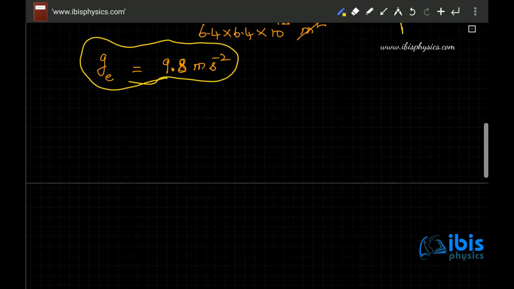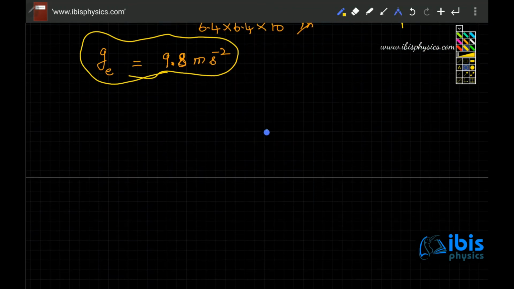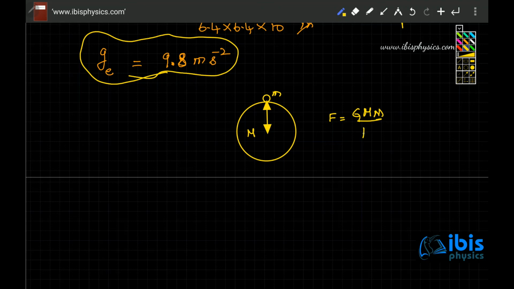So what we did, it's a very simple step. I'll just recap once. See, this is the planet and this is the mass kept at the planet. Distance from the planet to the mass is equal to radius of the planet. So according to universal gravitation law, force between the planet and this mass is G m by r square, and that is equal to mass into acceleration due to gravity at the surface of the planet. When you cancel, you will get a very important equation. Gravity of any planet is G into mass of the planet by radius of the planet square.